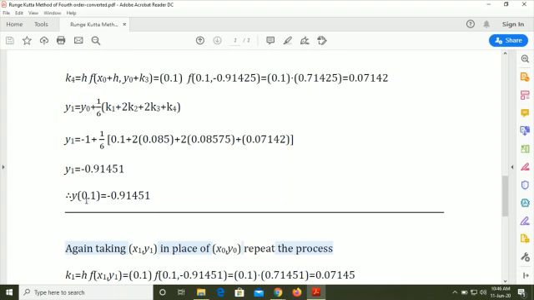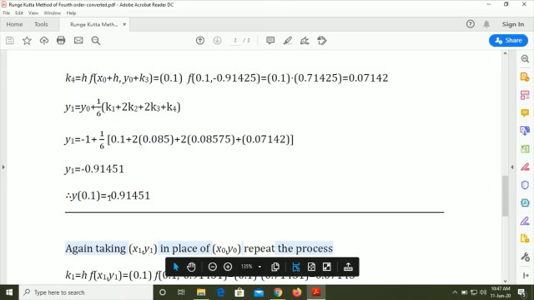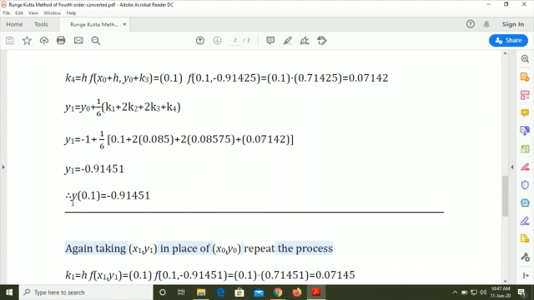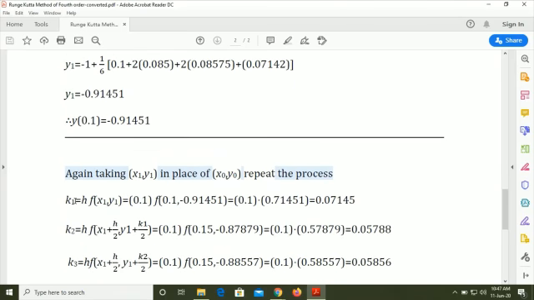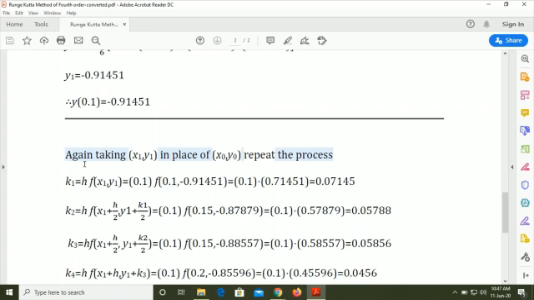But our question is y at point 2. So we take x1 as point 1 and corresponding y, that is y1, equal to minus 0.91451 to find out y2. y2 means value of y at x equal to point 2. So the next step, again taking x1 y1 in place of x0 y0 and repeating the process, we can